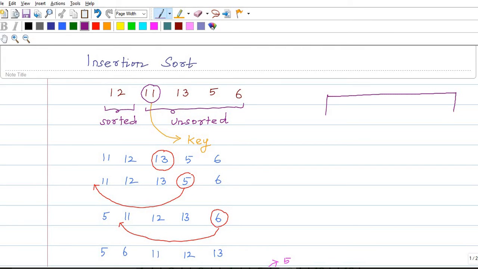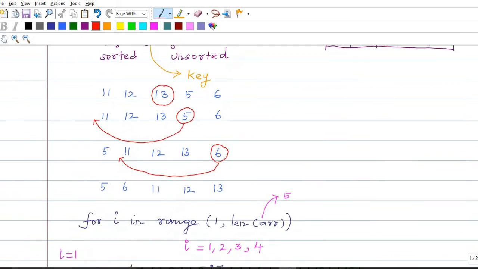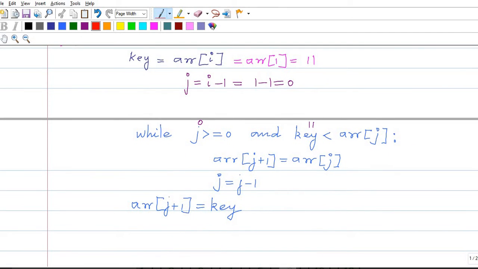Otherwise, I will write it like this: 12, 11, 13, 5, 6, index 0, 1, 2, 3. So 11 is less than 12, and 0 greater than or equal to 0. The condition is true. When both are true, it enters into the while loop.